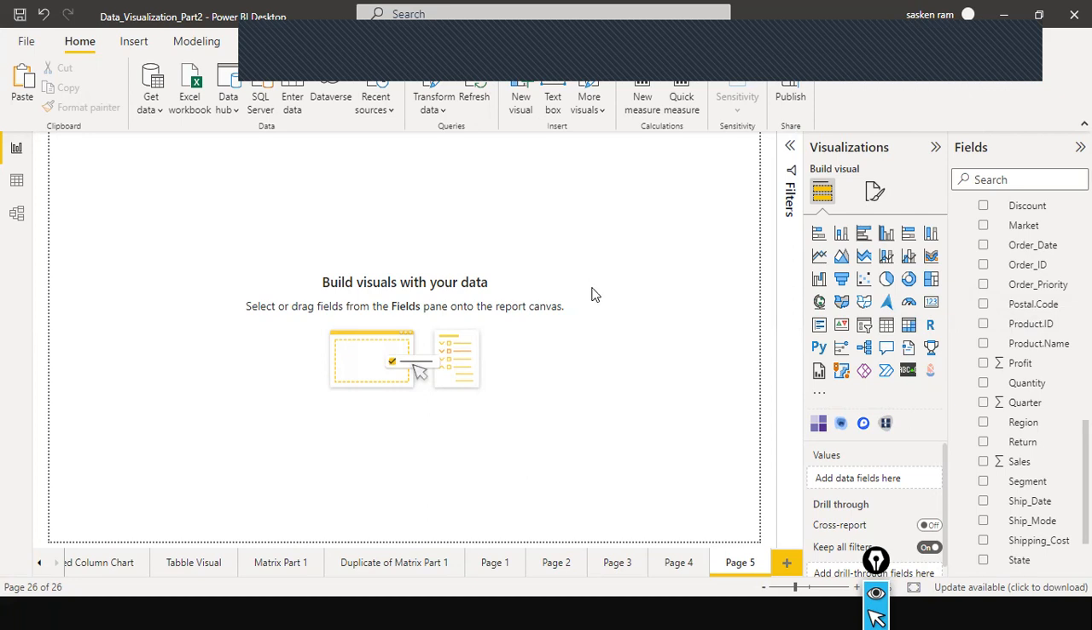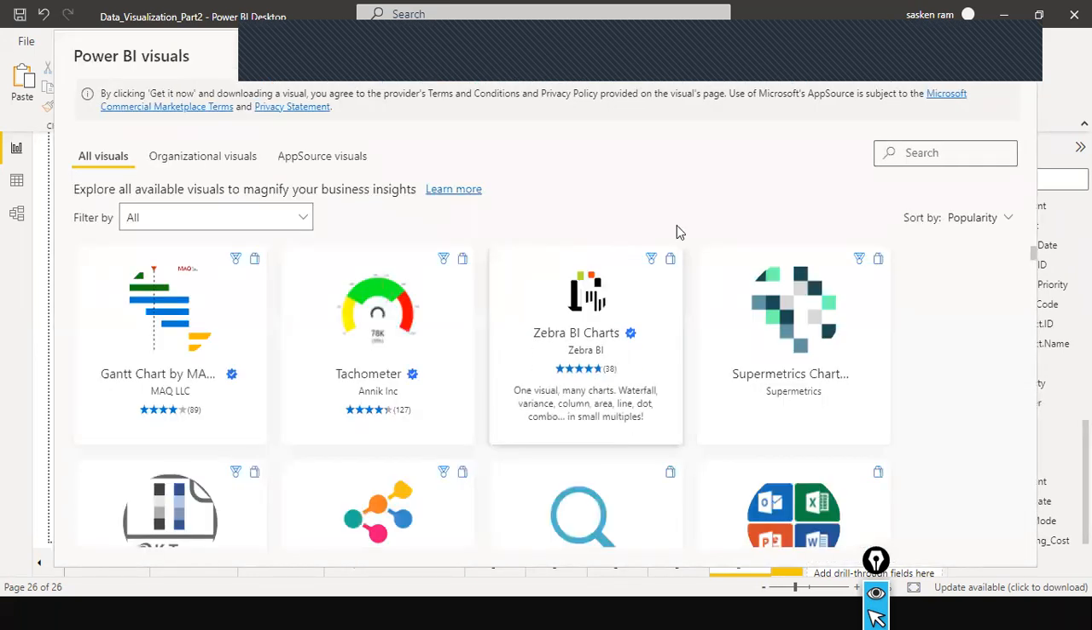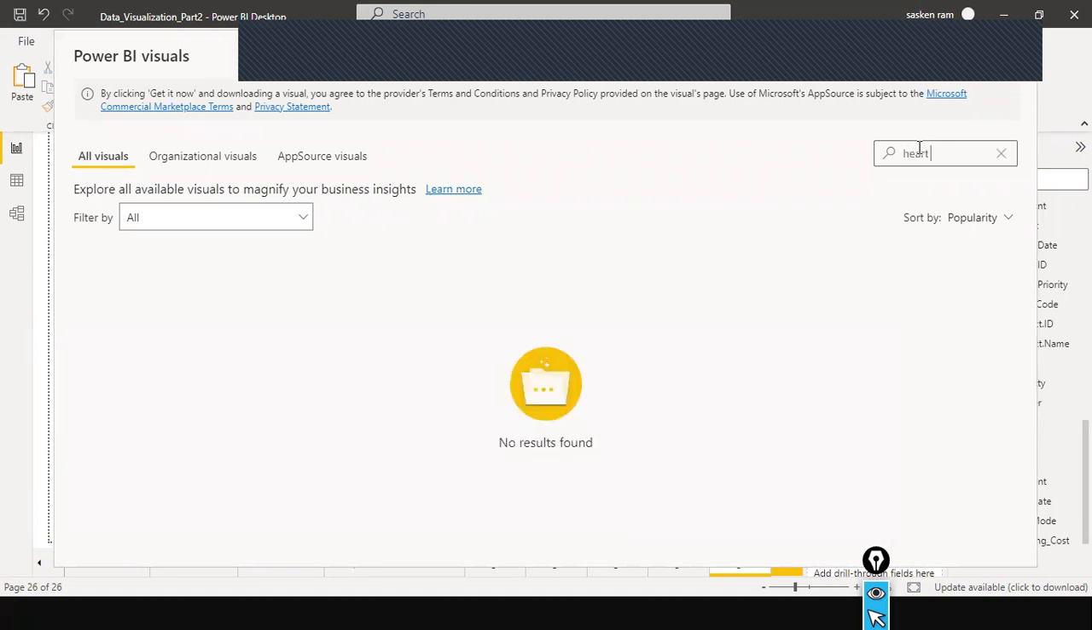Either you can use a custom chart, but by default you will not find the heat map out here. If you want the heat map, you need to click on the three dots. The three dots is nothing but the ellipsis. If you click on it, get more visuals, you can find here. It will take you to your Microsoft gallery also. Here you can find the additional visuals. Here in the search, if you type heat map,